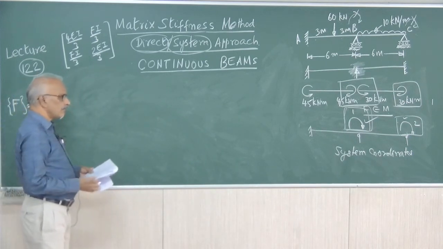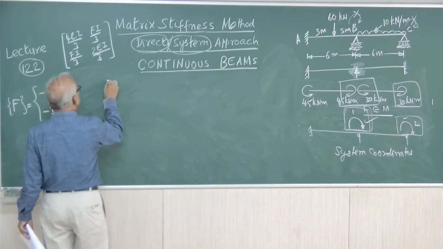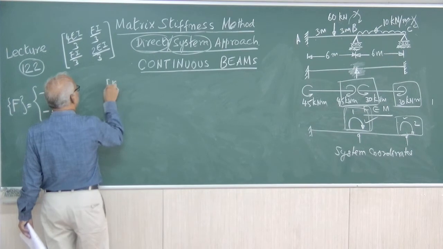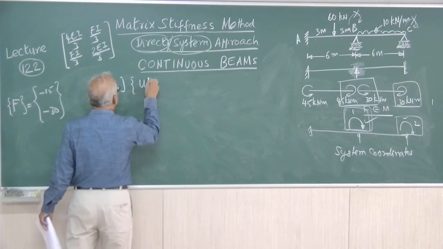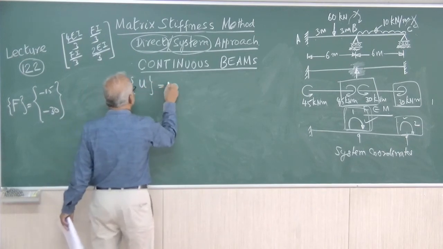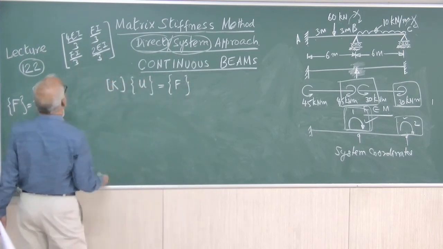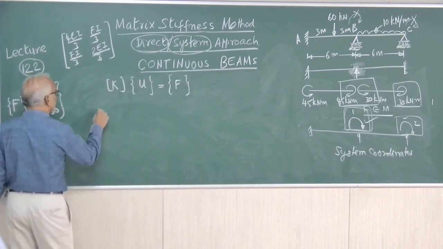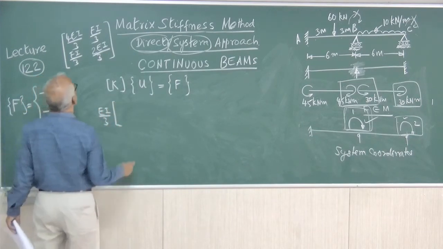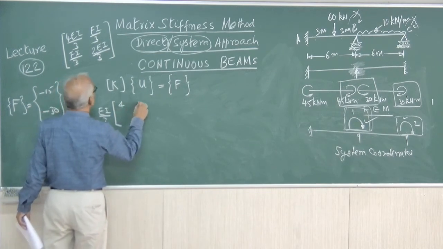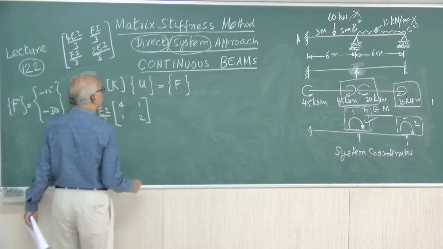Now, we have written down the equilibrium equation. The equilibrium equation is K into U, where U are the unknown displacements, equal to F. Now, we can take EI by 3 outside in the K matrix. So, EI by 3 we can take outside. This is 4, 1, 1 and 2, into